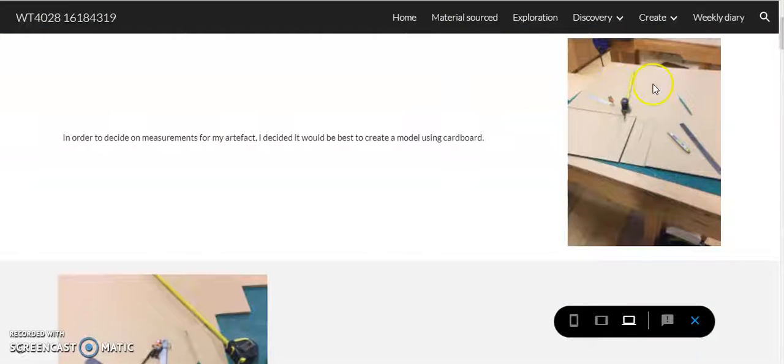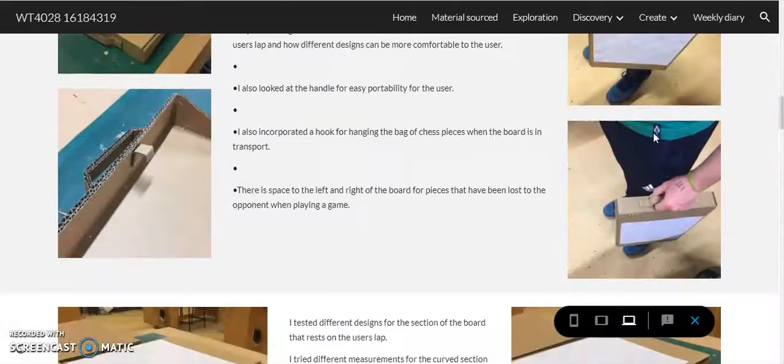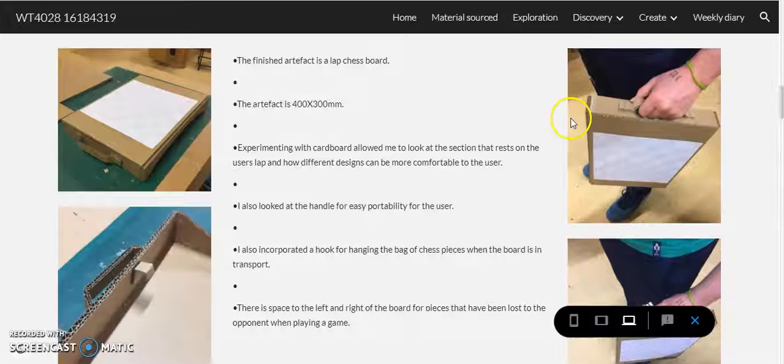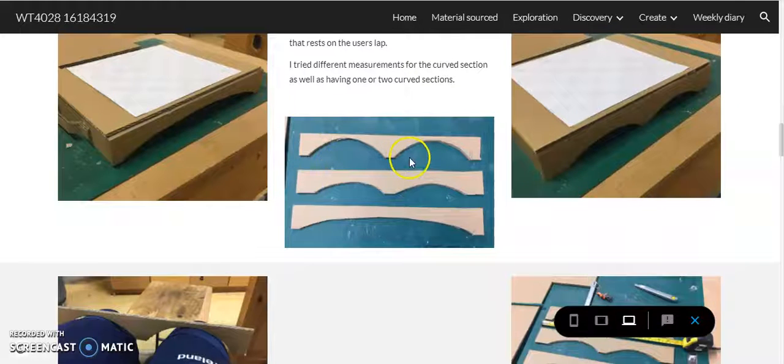This was the original prototype I made, but I didn't think I'd actually need it again, so I just shoved it in my bag. Kind of used it as a tray to carry the veneers and stuff around in. So it's gotten damaged and squished, so it's no use to me anymore. But it was handy at the time just to get the size and see if there's any changes necessary to be made. So there are the different slopes I tried and tested, and